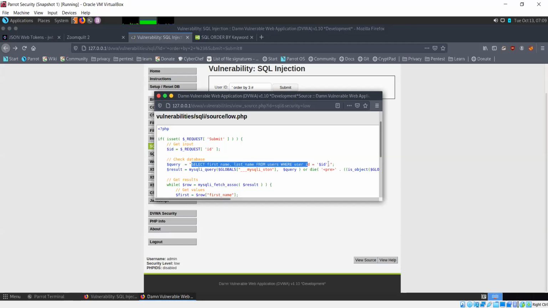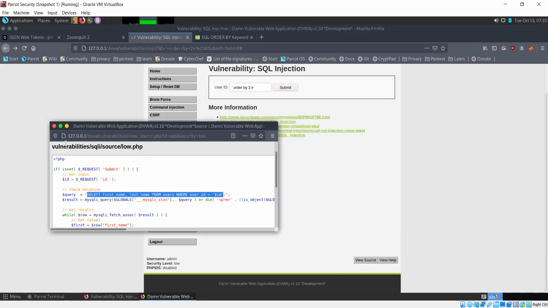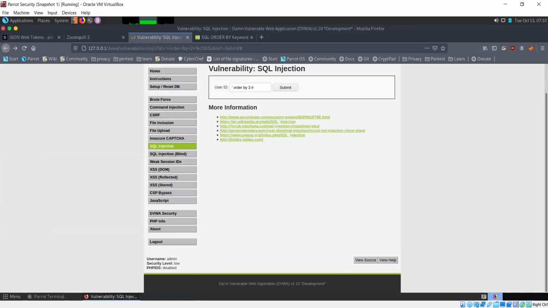The exact query is not going to be visible to you in a realistic situation. It's visible to us because DVWA provides the source as well, but this will not be the case for an actual application or a web application that you might come across. So you need to keep that in mind as well.